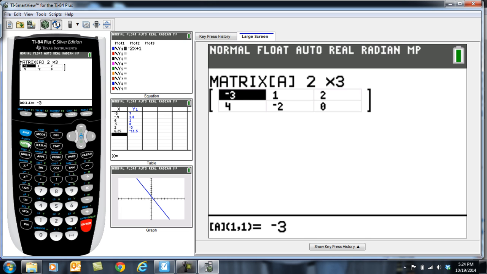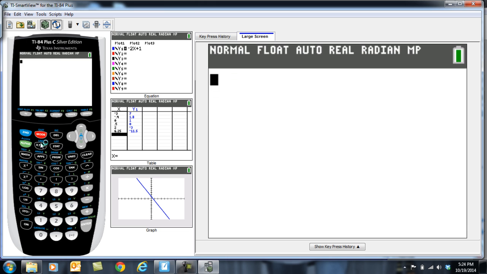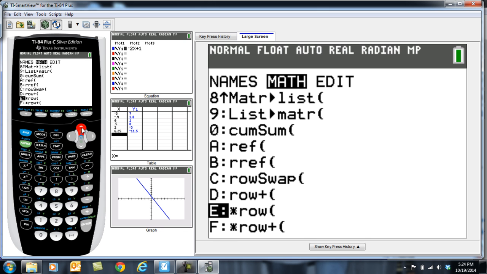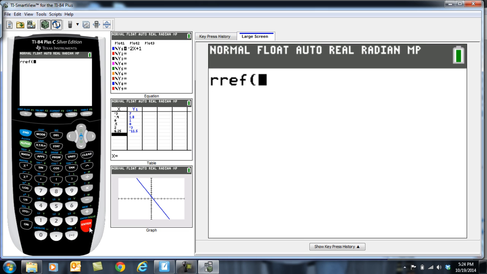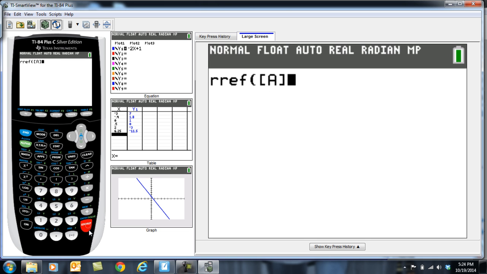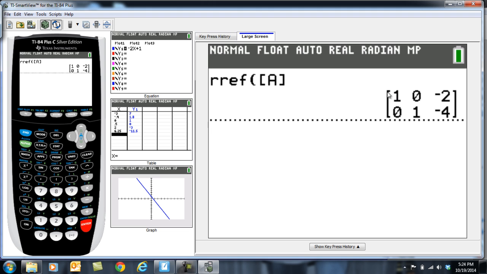And so now to get out of this so I can solve, I'm going to do second mode to quit. And then I'm going to go back to my second x to the negative 1. But this time I'm going to go over to math and tell it I want to do the double REF, which is option B. And so I'm going to choose that, and then I have to tell it I want matrix A, so I'm going to do second x to the negative 1 again, and I'm going to choose option 1 for A, and then I'm going to hit enter, and it's going to tell me,